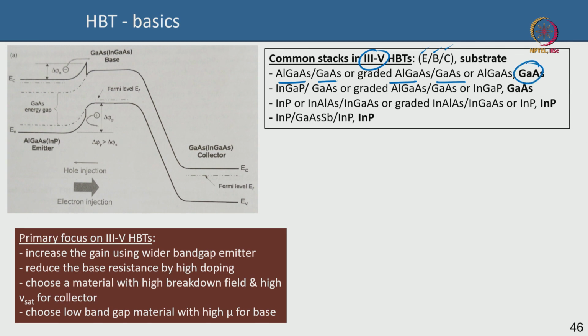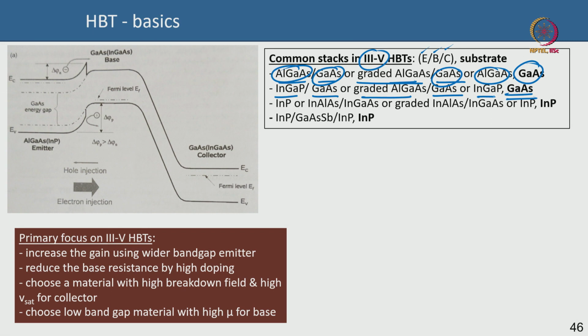On a gallium arsenide substrate, you have gallium arsenide or AlGaAs as the N type collector, gallium arsenide or graded AlGaAs as the base and an N type AlGaAs as the emitter. Similarly, on a gallium arsenide substrate again you can have indium gallium phosphide as the emitter, which is a larger band gap, gallium arsenide or graded AlGaAs as the base and gallium arsenide or InGaP as the N